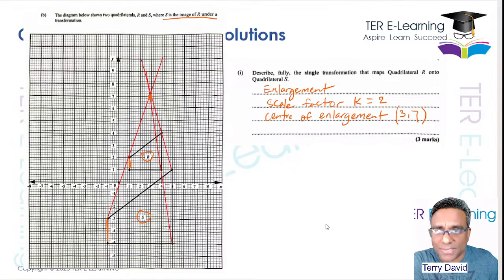Let's make sure we have this correct. S is the image of R, so R is the object and S is the image. Because it's larger, it's an enlargement, and the scale factor is 2. The next part they said,